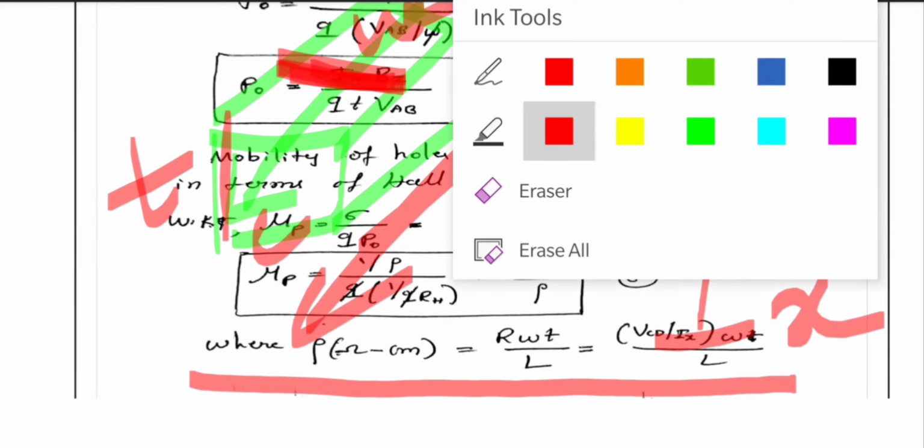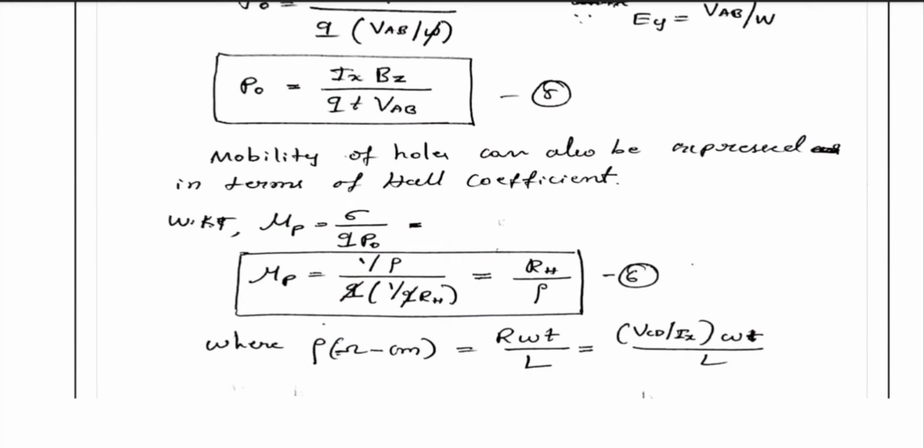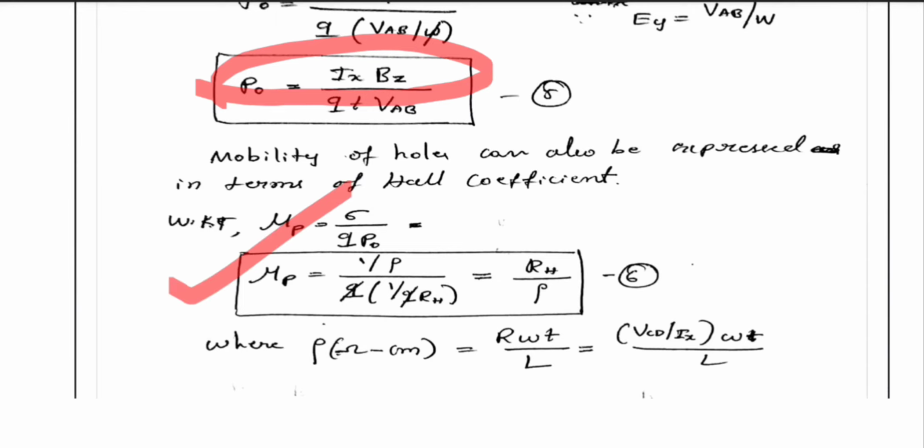So these are some of the applications of Hall effect. We can find out the concentration of holes, or the concentration of electrons if it is an n-type material, and we can find the mobility of holes and similarly electrons. We can also measure the magnetic field. This Hall effect is used in sensors, and many other applications are there for Hall effect. So this one is speaking about p-type material, right? If you are using an n-type material, what will be the case?